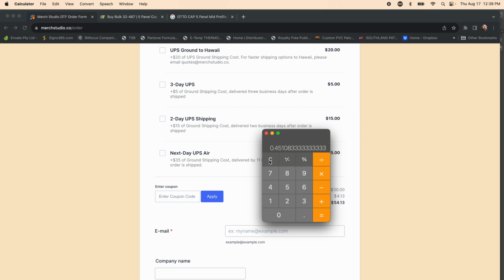So if we take the cap at $3.75 a piece plus the 45 cents, that's going to equal $4.20. $4.20. I quoted them at 8, so that's going to give me a profit of $3.80 on each cap, and then times the 120, boom,